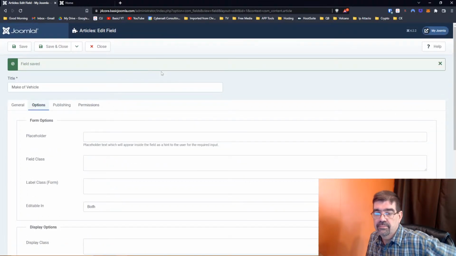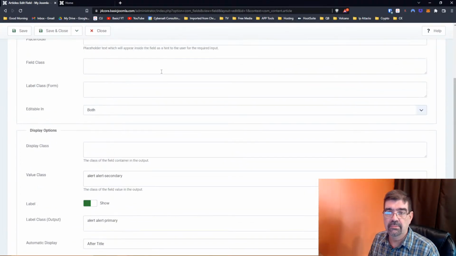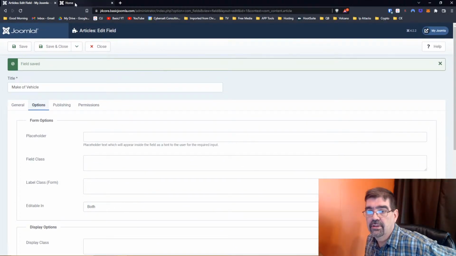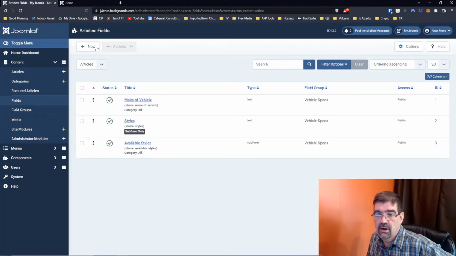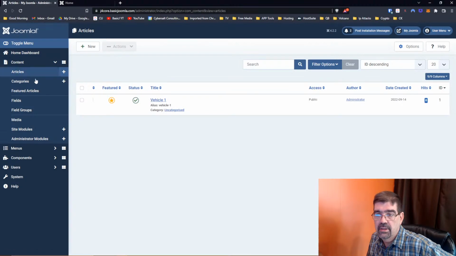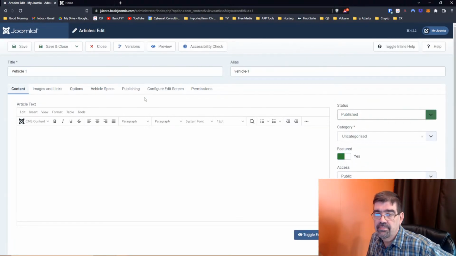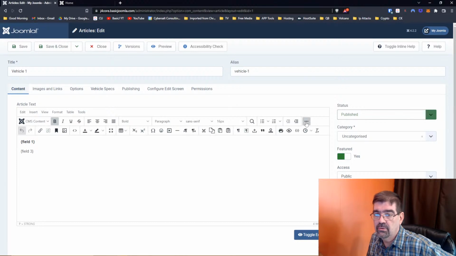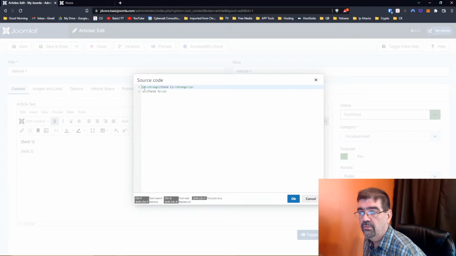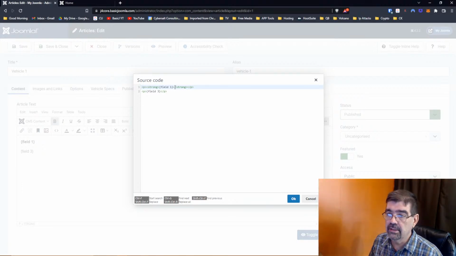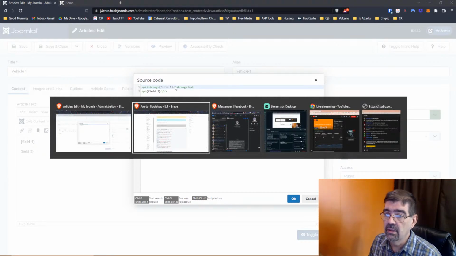All right, so let's go close here. Let's check out our article. Let's go into the article and let's view the code. All right. Now we look at the source code. We've got just the field tags in there. So I believe then for doing this